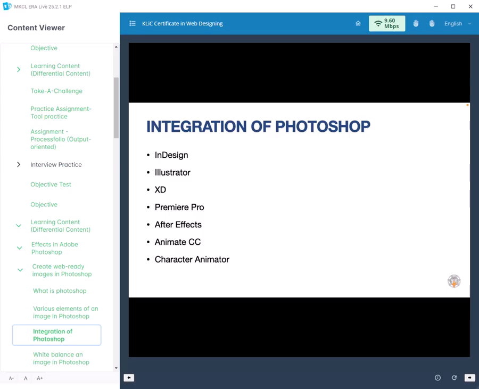All these software can import native Photoshop PSD files. There are also many third-party tools which support Photoshop files, such as Figma. So, with a small introduction to what is Photoshop,